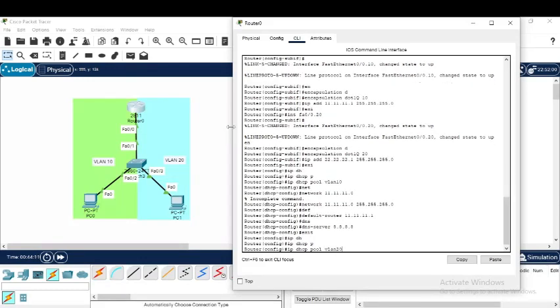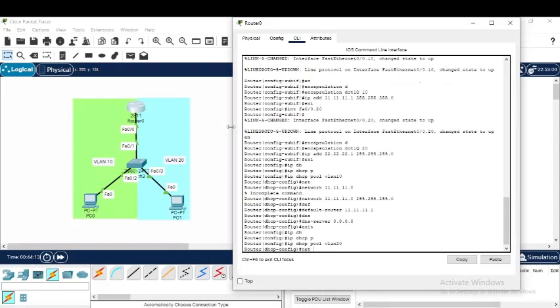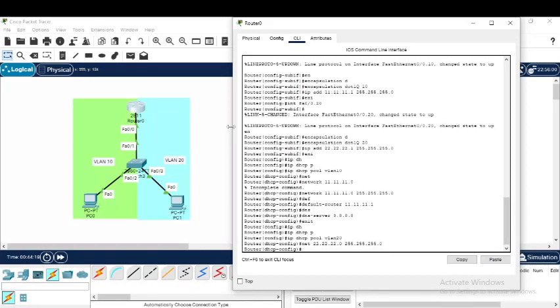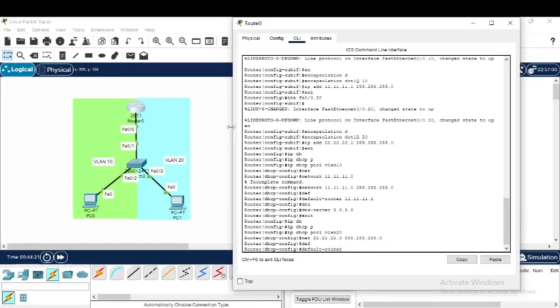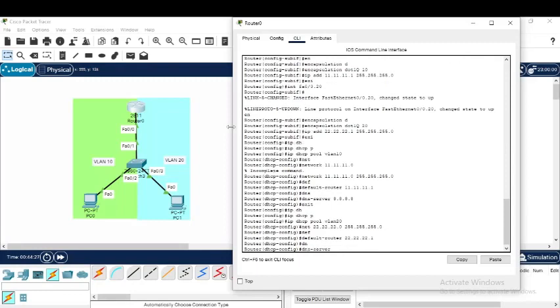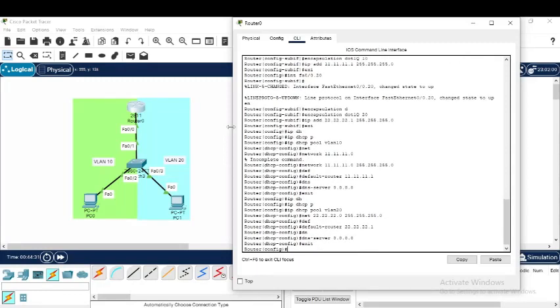VLAN 20. Network again, same 22.22. Okay, don't forget it guys, that's 0 because this is the network. Okay, default router, don't forget it, 22.22.22.1, this is for the gateway. In DNS, same for Google. Okay, we are done configuring the inter-VLAN sub interface for the